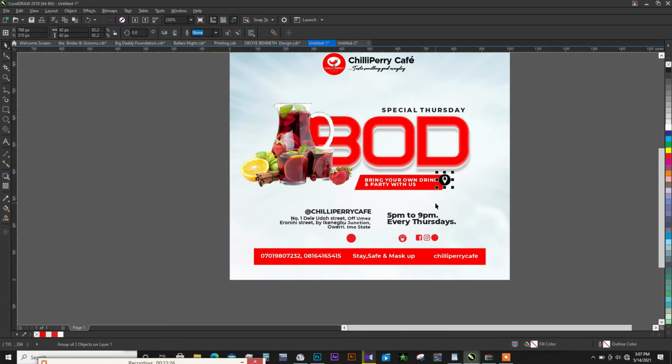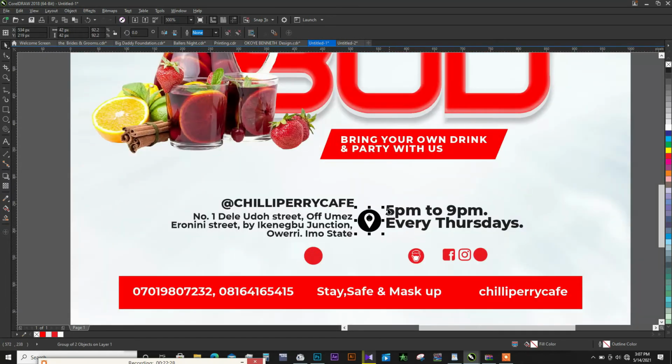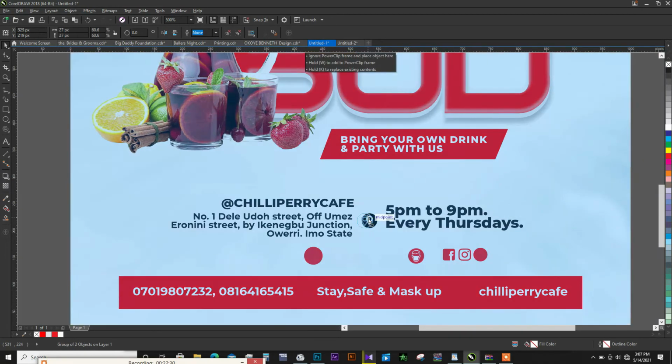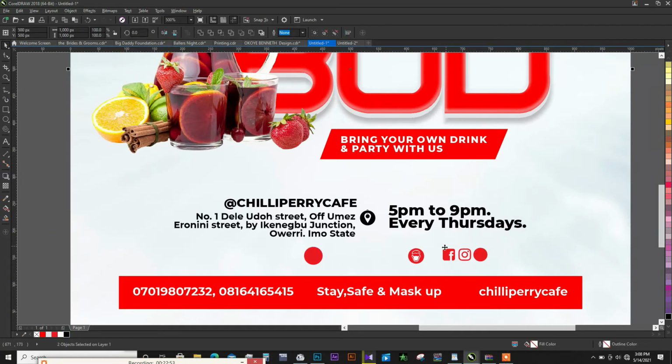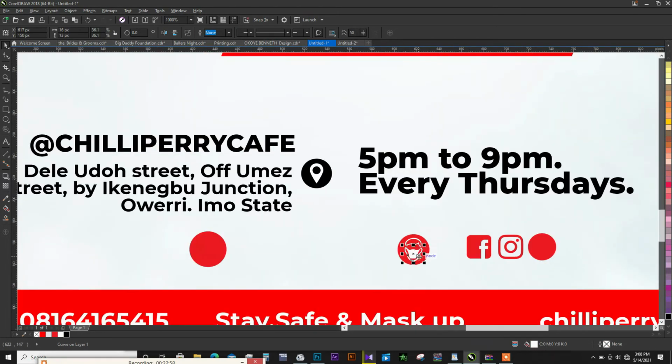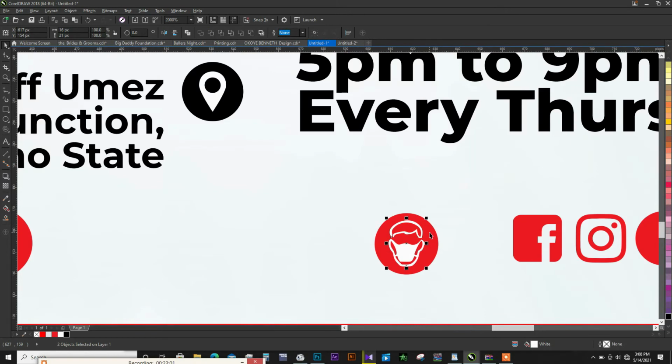Now let's make where our numbers are to have that red. We ungroup it, make it red, and send it to the back. Now it's at the back. You make your right top white, then you remove the outline. So now what we are going to do next is